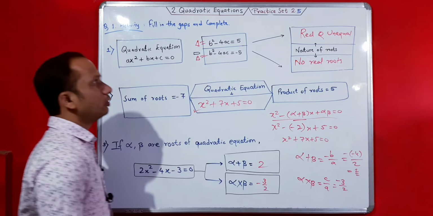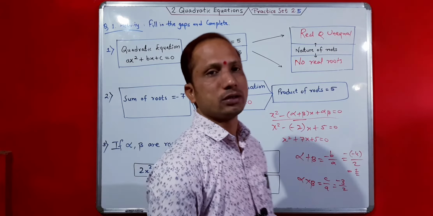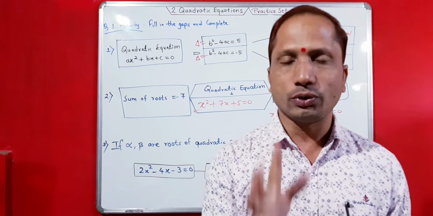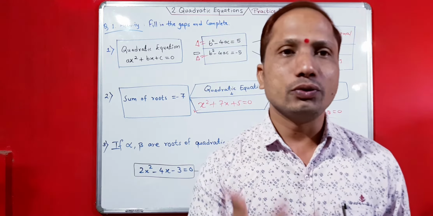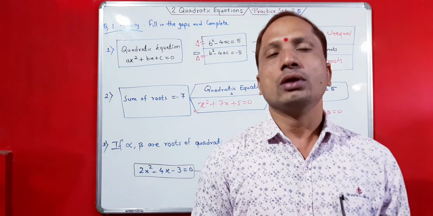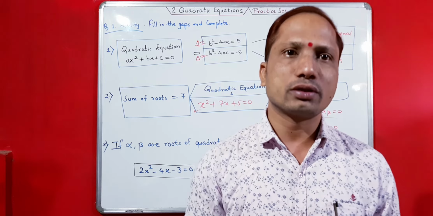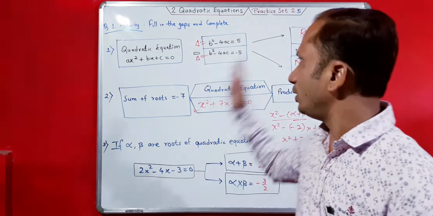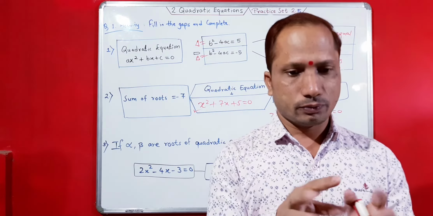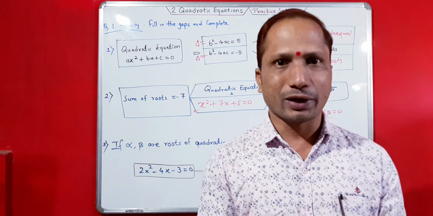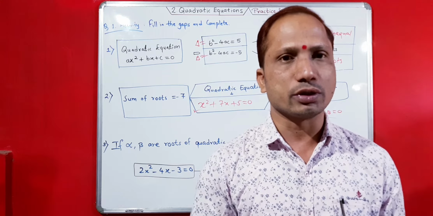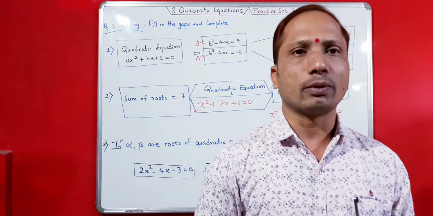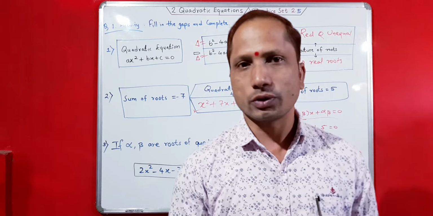In this way you have to solve this first problem. It is very easy, just use the product of the roots and the sum of the roots, and different techniques are used for different problems. We will use different techniques to solve different problems. So this is the first problem we have solved. It is very easy and based on the basic things given in this practice set. Before this practice set, whatever expressions are given, please go through them and do the proper practice, and you will easily solve this type of problem. This is question number 1, and now we are going to solve question number 2.